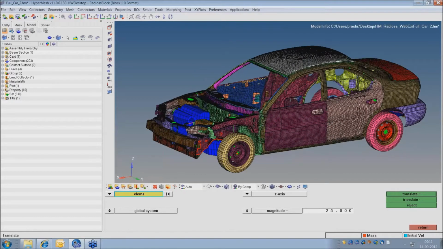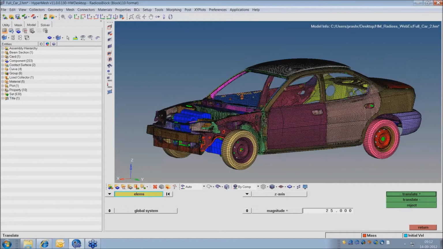I'm not trying to build any logical load case here. I have already applied an initial velocity on this, which means I'm doing a sort of impact analysis. Normally in an impact analysis, as I mentioned earlier, the loading will be the initial velocity, and here I'm trying to apply the force as well, as though it is a roof load case. That is the reason I'm telling you I'm not trying to build any logical load case. The scenario may not exist where you'll apply both initial velocity and force as I'm doing here. I'm doing it just to show you the different types of loading you can apply and how to apply them. For that understanding I am doing this.